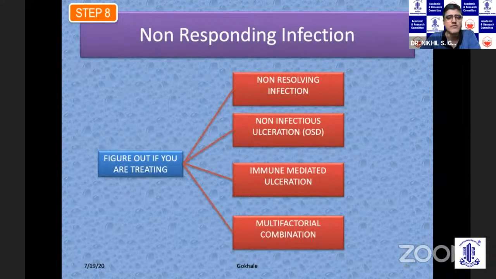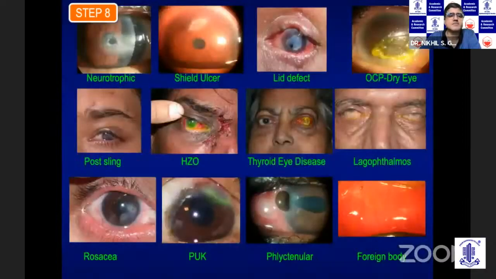So you need to answer your question in your mind. Is it a non-resolving infection you're treating? Is it a non-infectious ulceration, which now you're trying to treat? The infection has improved, but the non-infectious factors, which may be because of surface disease, or because of certain immune factors, are now playing a role. Or are there multiple factors which are causing the infection not to improve, or the ulcer not to really heal over a period of time? And I can't stress more, but there are so many factors on the ocular surface which can cause things which look like infection to a naive person's eye, and we treat them as infection. They will never heal till we address the primary issues which are responsible.